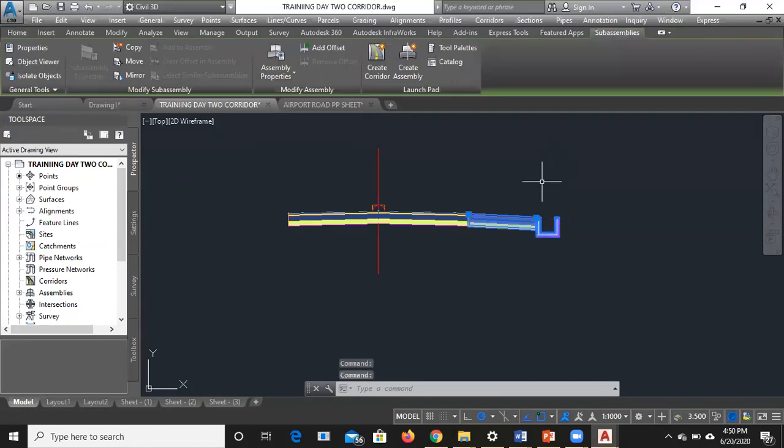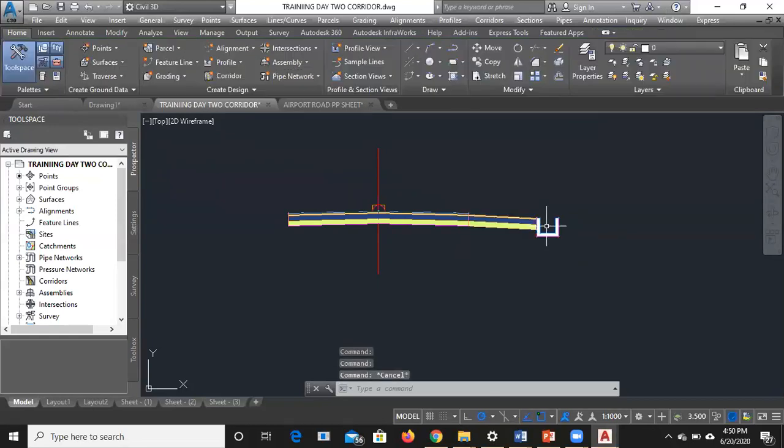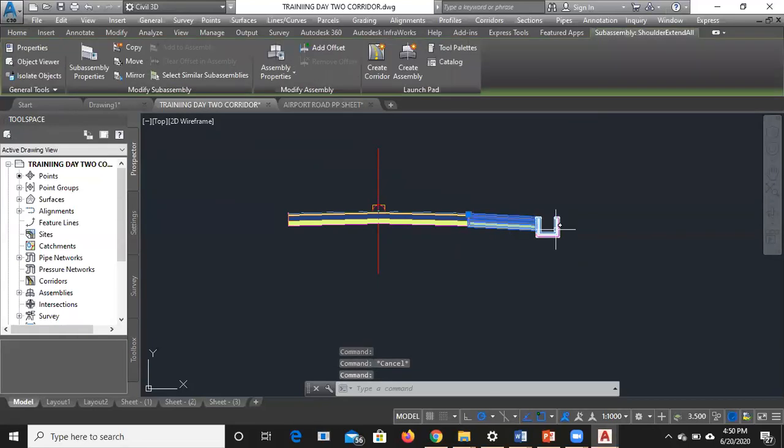You can see once I select them, it's giving an option to mirror, move, copy. Or I can select using the window select, click and drag across both of them. So I can see mirror. In Civil 3D, when mirroring your object,